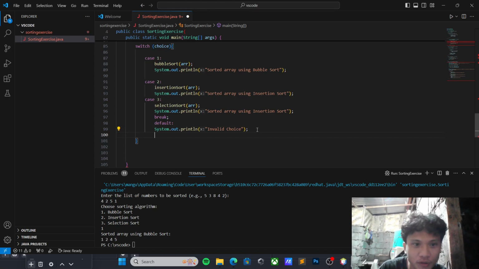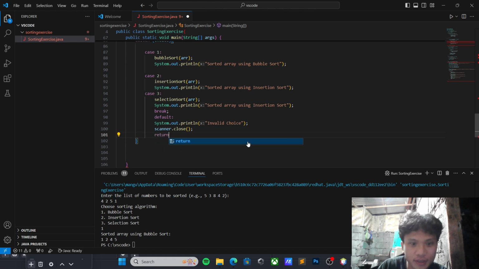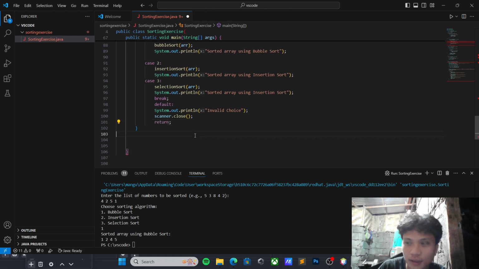Then we have to close the scanner in order not to leak. And as I said, it returns. Then lastly, we have to print array int r.